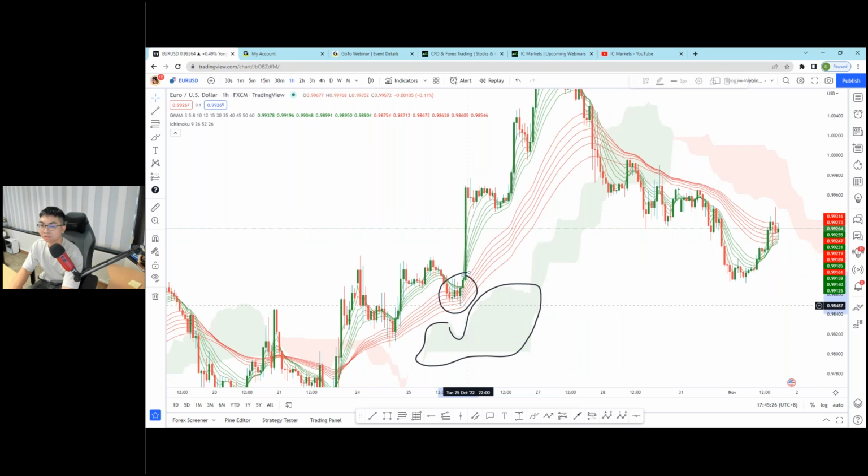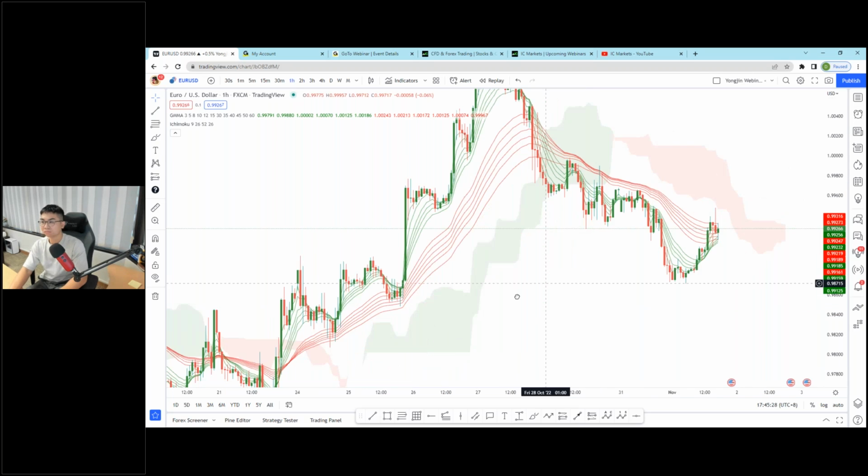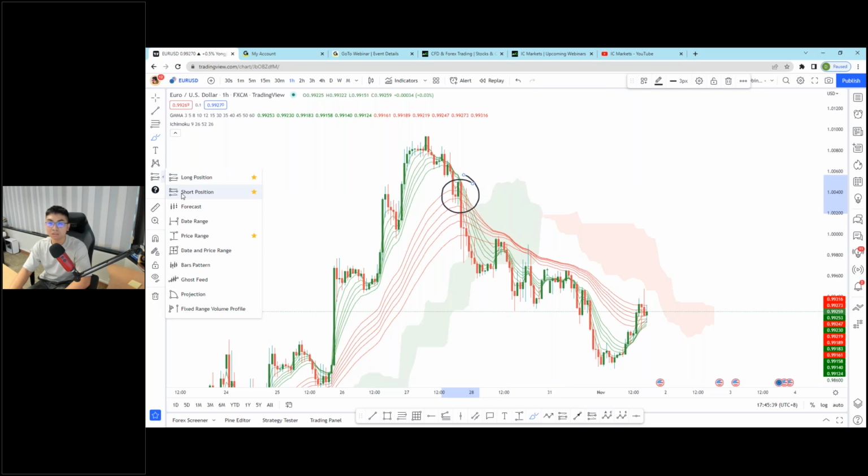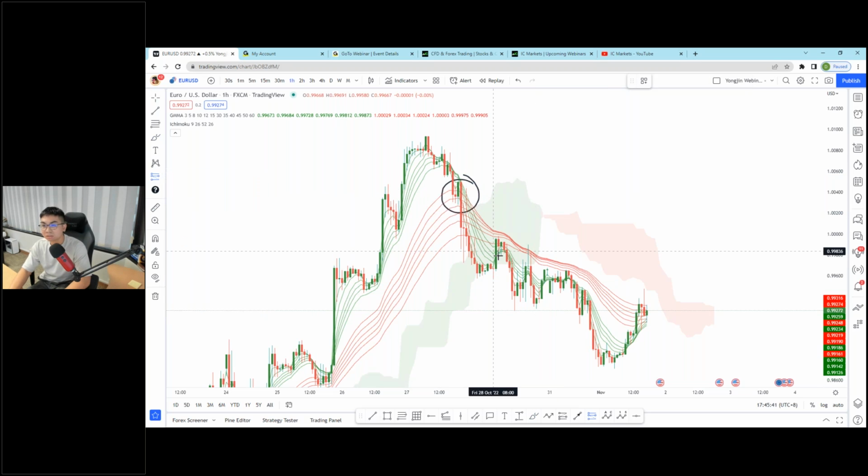So for this area, for these shorts, price right here, for these shorts maybe right here, price is still above the Ichimoku cloud. So if you were to short here, okay, where is the crossover? Let me check. The crossover happened around here. Okay, it's pretty late crossover. Okay, let me cancel this out. So the crossover is around here, but it's within the Ichimoku cloud.